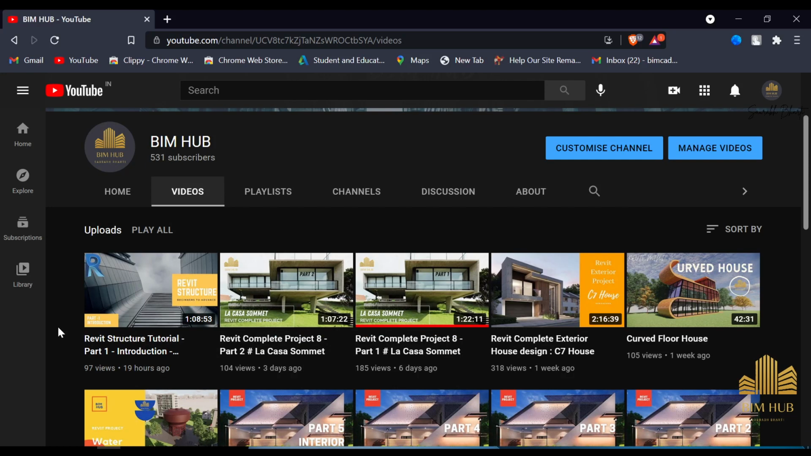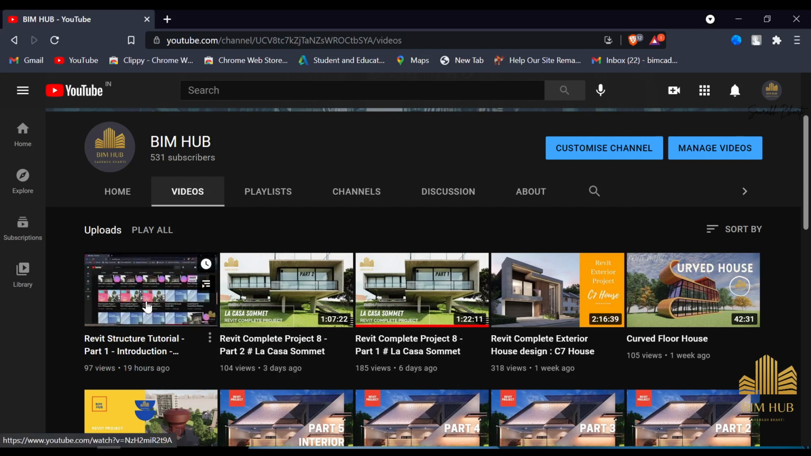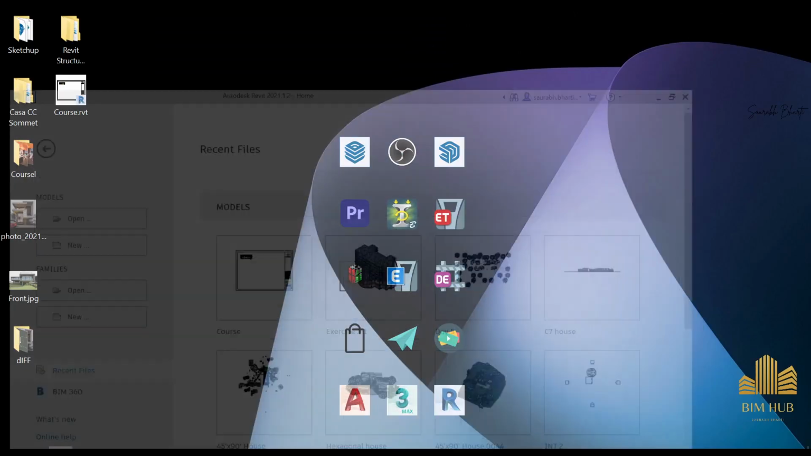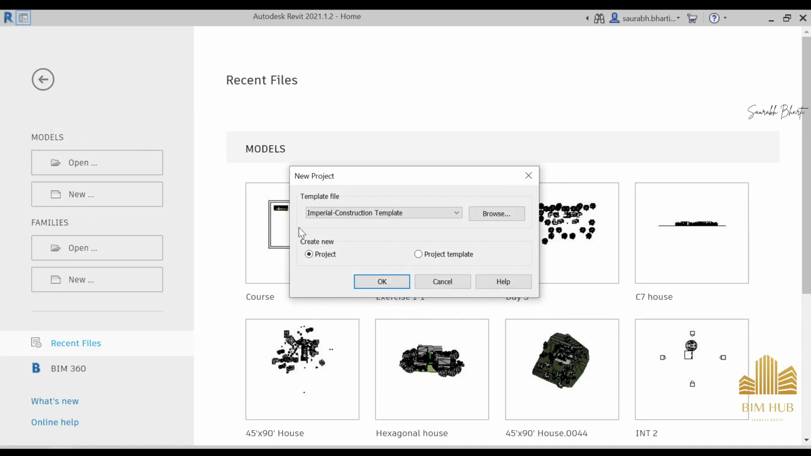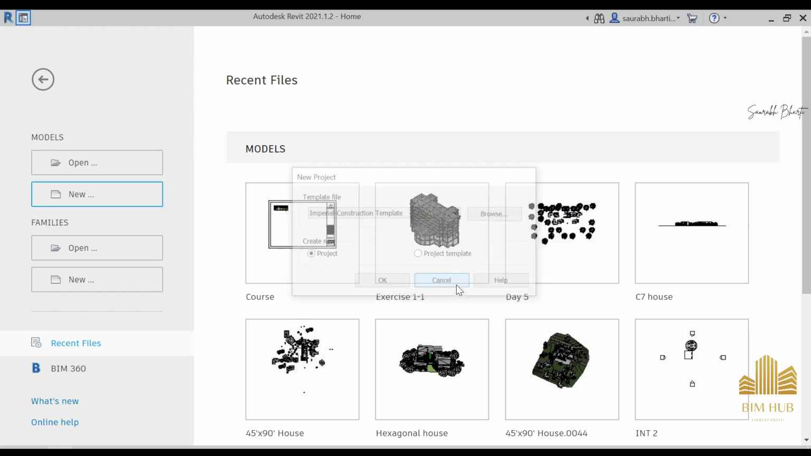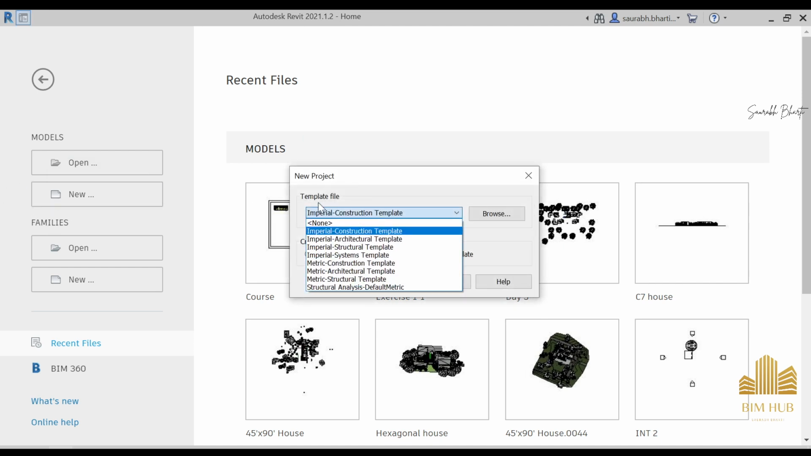Yesterday we started this Revit structure tutorial, so let's resume that. Today we are going to start from the very beginning, because we are actually doing it as a project. So let's get started. To start your new Revit structure project, just go to New and find your